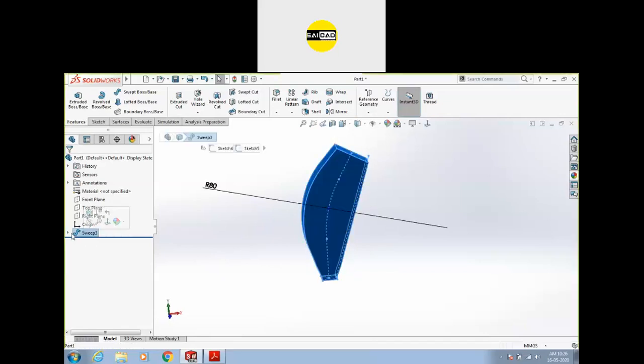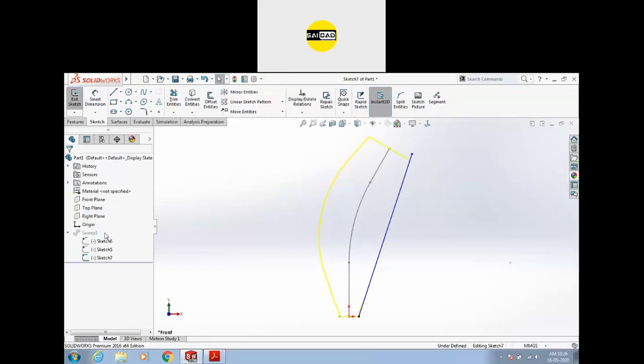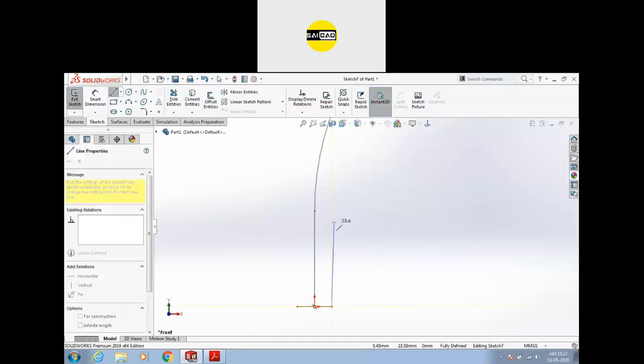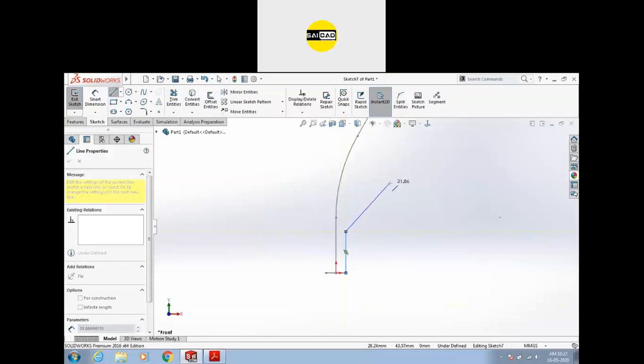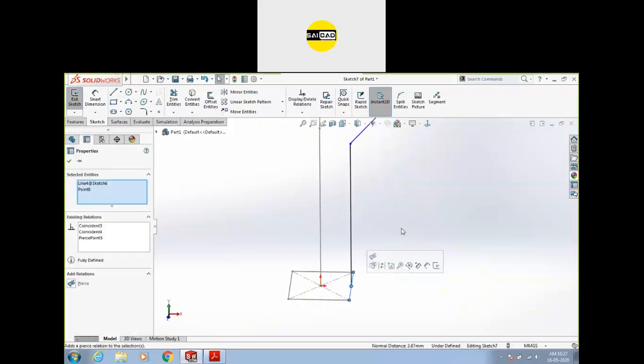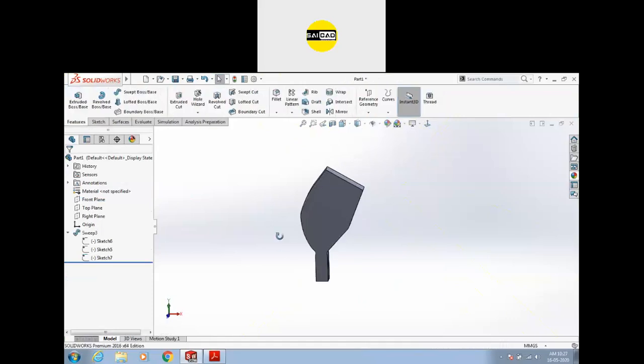So you can change the shape from here again. Like I want a shape that is, okay. So it will automatically follow that shape.